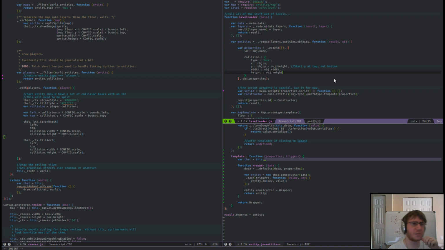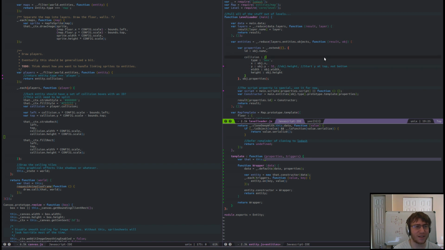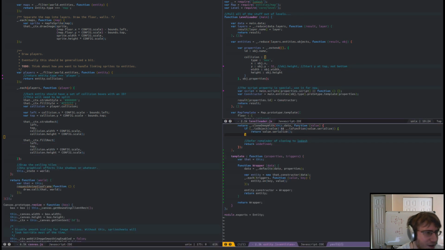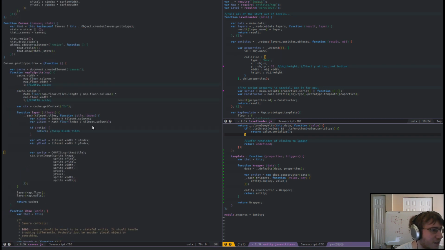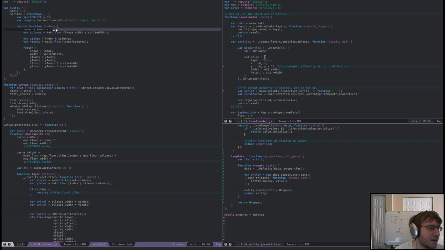No, I'm doing minus object.height. Start Y at top, not bottom. Is this wrong? Should I actually be doing minus 32 here? Is it literally just that it's off by one tile? Is that literally the entire thing? Oh, you know what it is? Because it's 1 based instead of 0 based, isn't it? I ran into this somewhere. Where else did I run into this? It was for the sprite properties or something. It's in here, for the tiles. Yes, index equals index minus 1 up here because